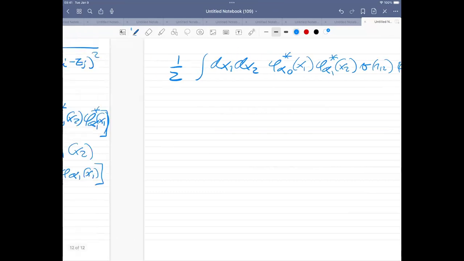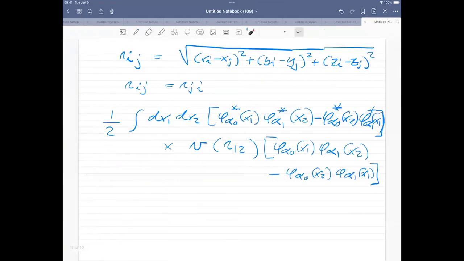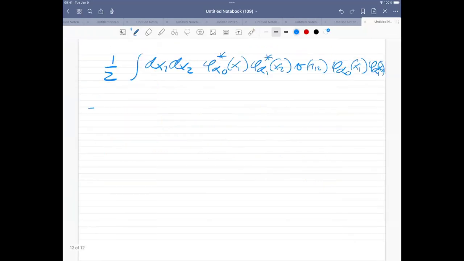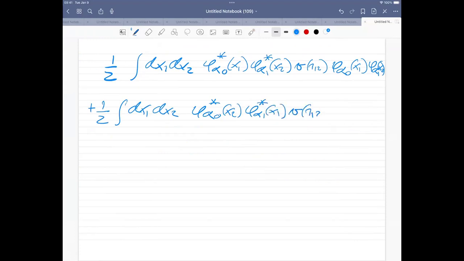Then I'm going now to multiply this term here with that term. I'm going to take these 2, and if you look at that one, we're going to get a plus sign. So we get the plus 1/2, and again we have dx1, dx2, but now we have phi alpha 0 of x2, and phi alpha 1 of x1,